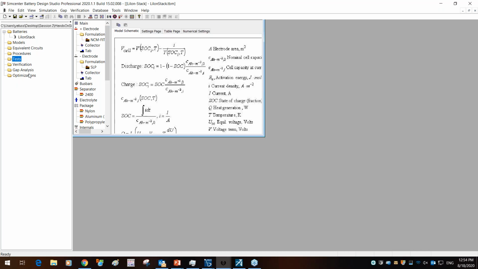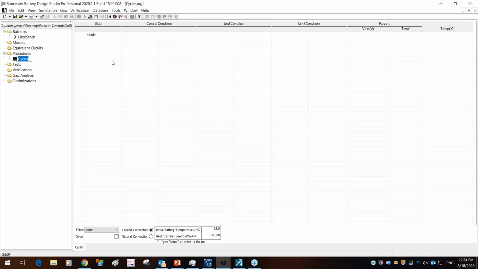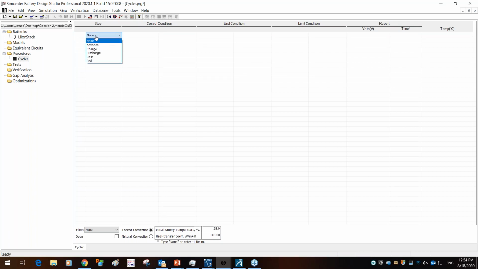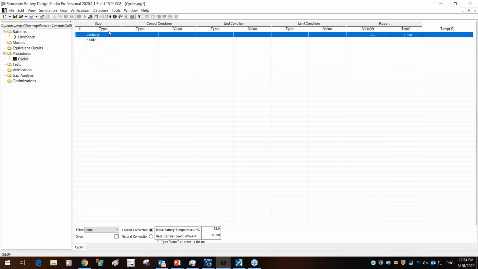So beyond just the battery geometry, what we're going to do within Battery Design Studio is define the procedure for cycling the battery. Basically, we're going to create a cycler. This is a simulation model that enables you to select current, voltage, and temperature. So once you've created the cycling model, you can choose the different steps you would like. For this given simulation, what we're going to specify is a constant current discharge of 10 amperes for 1 hour, since the capacity of this battery is 10 ampere hours. So we are going to select a discharge step.